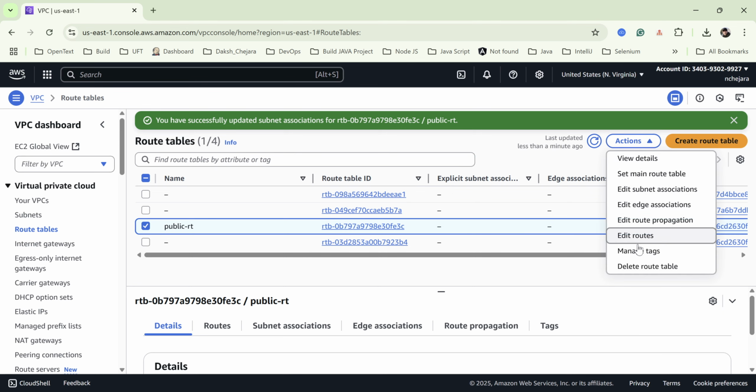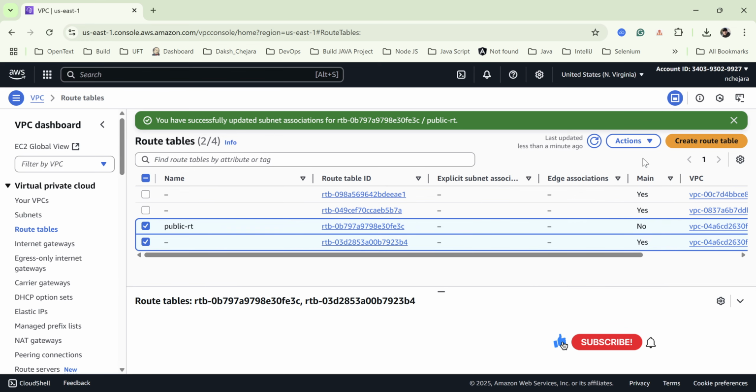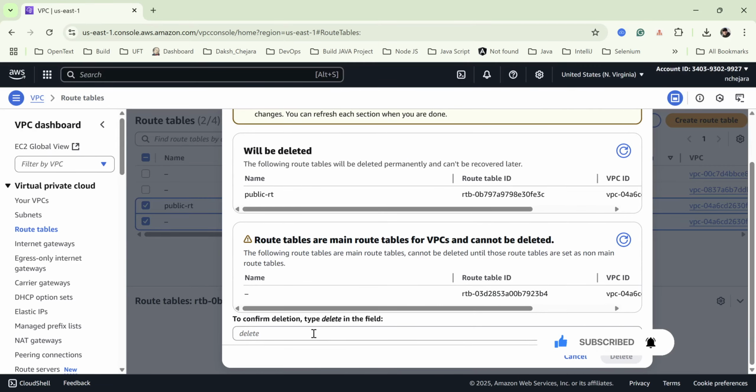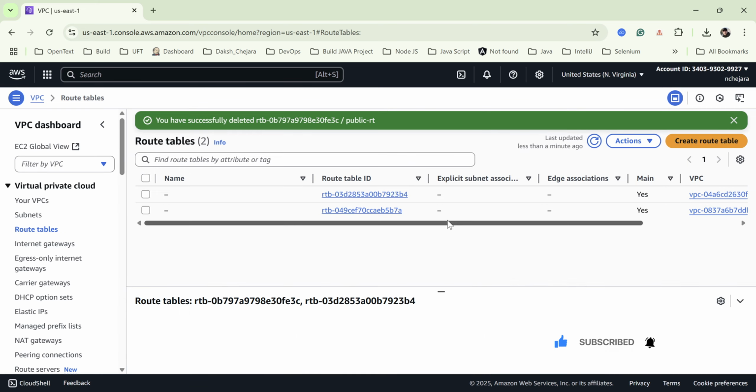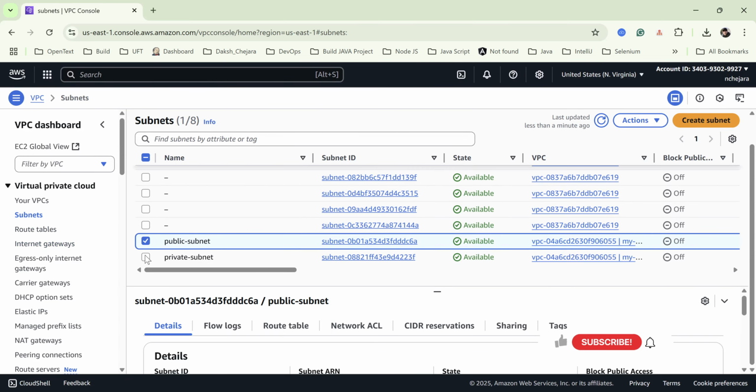Let's delete it, and I think we have to delete both the route tables. So let's delete both the route tables, and we will say delete. Now both the route tables have been deleted, and the internet gateway is also deleted, and then we have to select the public